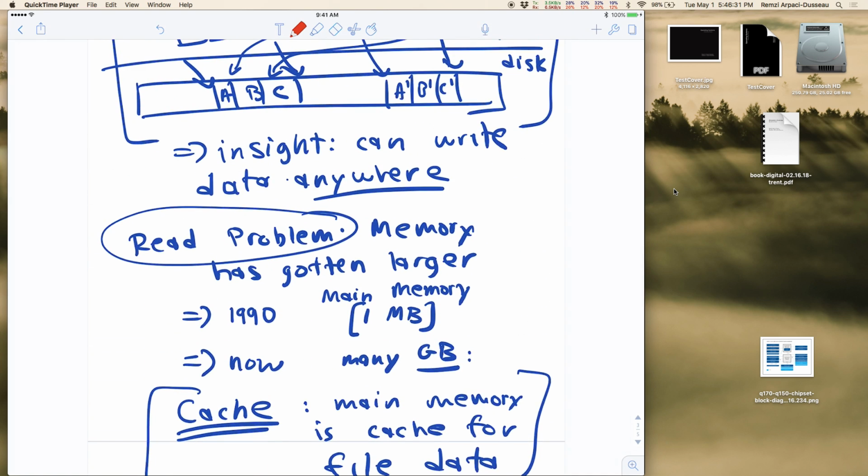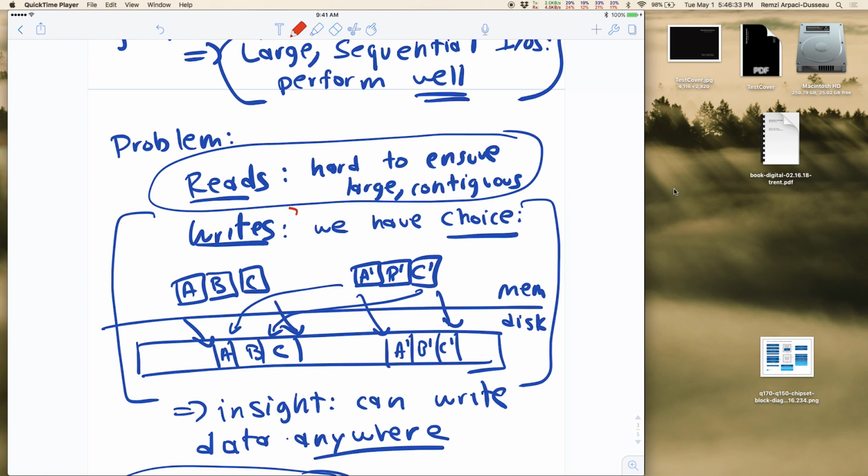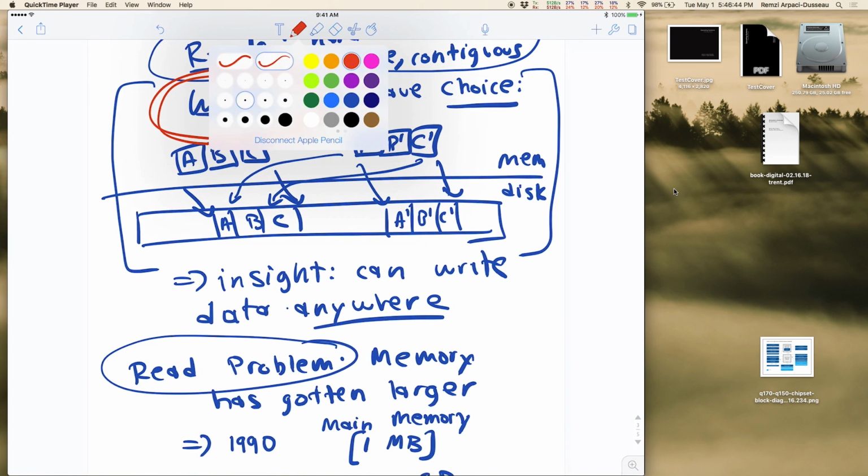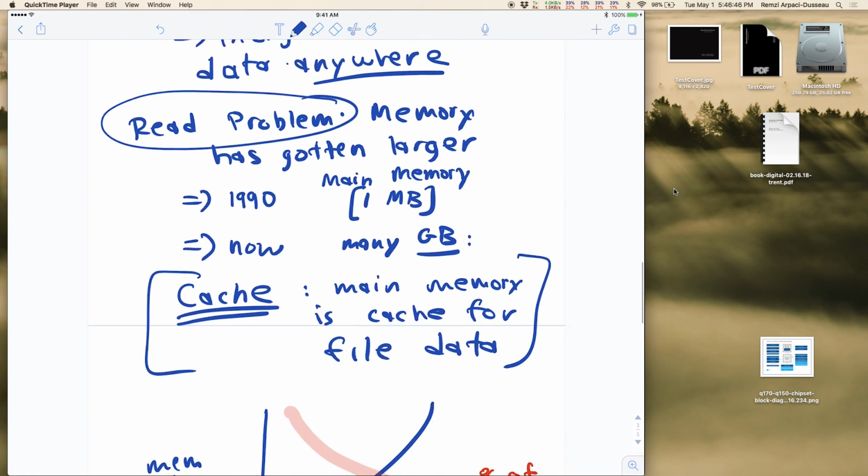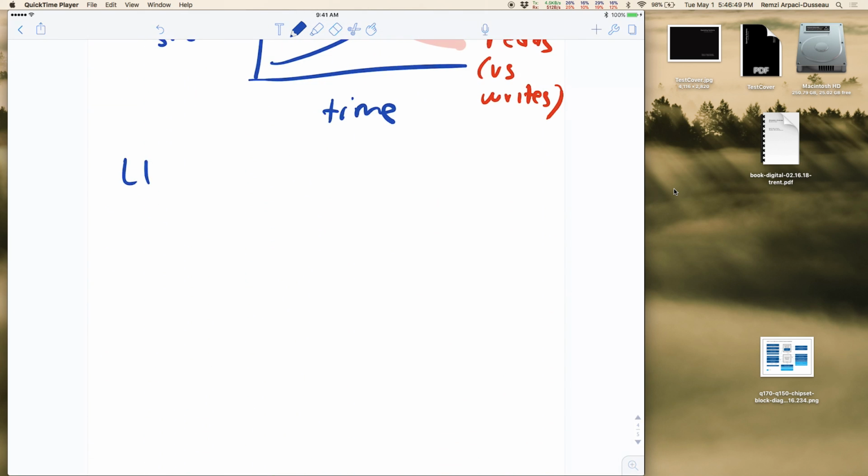So the argument was that eventually all storage systems would simply focus on writes because write performance would be the dominant thing. Okay, any questions about that? Make sense? Okay. So what we'll do now is just talk about LFS and its basic structure, the log structured